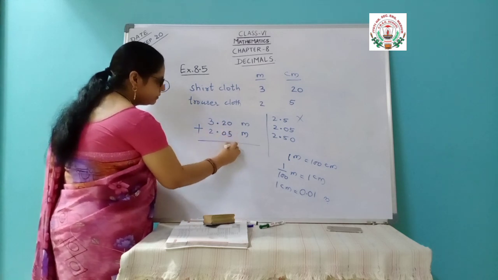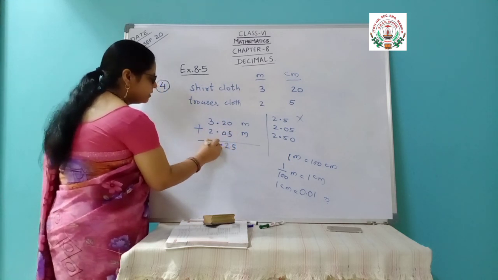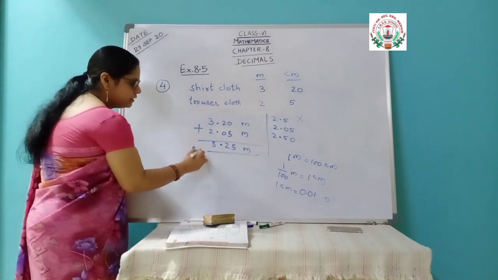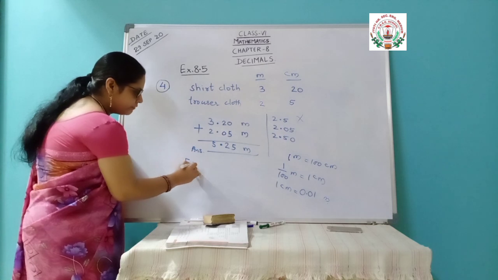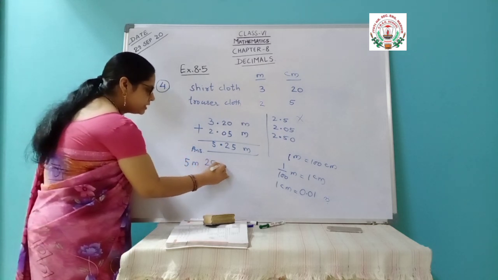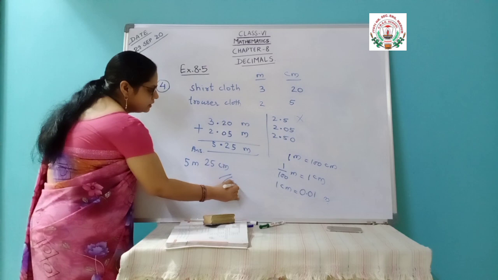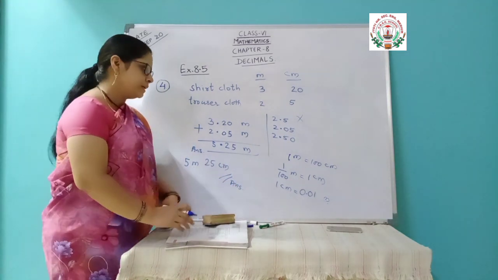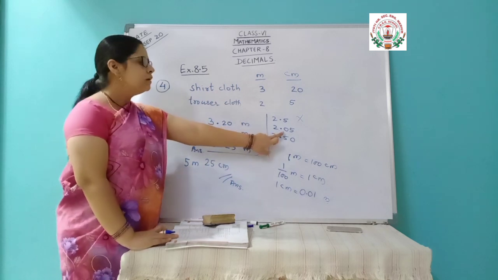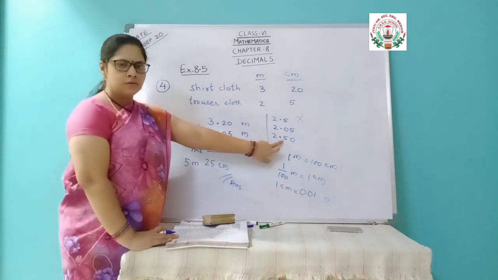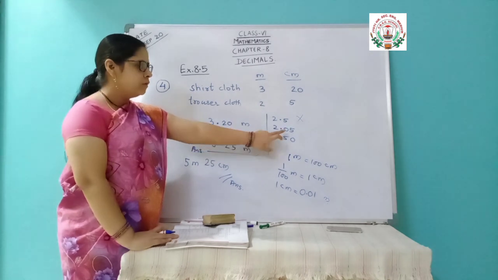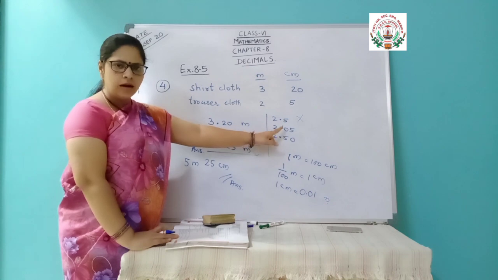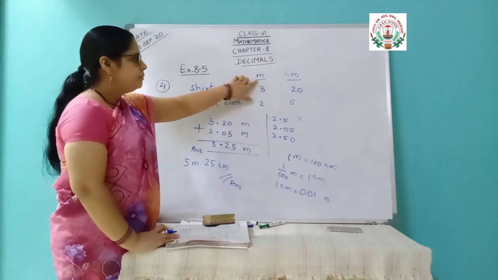So now it will be 5.25 meter. This one is your answer in decimal, or else you can write down 5 meter 25 centimeter. This is your answer. This is the difference what I exactly wanted to explain. What is the main difference? That is 05 or 50. 05 or 50. Which difference you have to understand for writing. That is meter and centimeter.